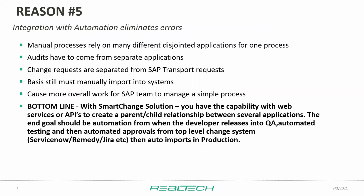So maybe you have an incident, INC 12345. You have 10 transports assigned to that incident. You can go into our solution and do a search for incident 12345, see all those transports that are related to that change. And then when you approve on the top level, I call it the parent versus the child relationship. The parent tool like ServiceNow, it will approve all those transports and move it into the system in the correct order. So yeah, with our solution, we can automate the technical side, but also with our solution, we can